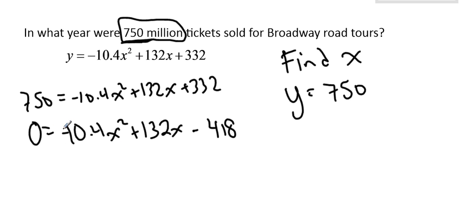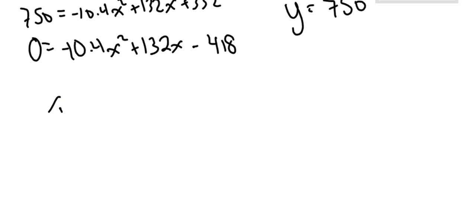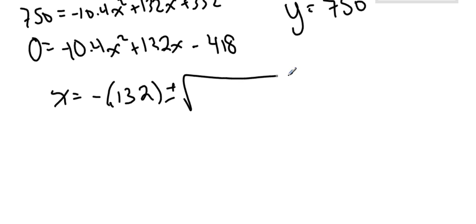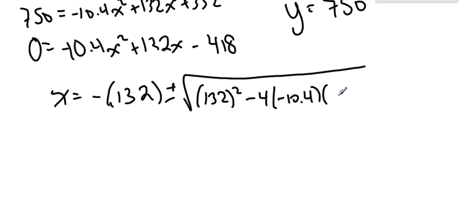So now I can go ahead and, well, I'm certainly not going to factor. Let's use the quadratic formula. Okay, tablet malfunction. Bear with me. So x equals negative b, plus or minus the square root of 132 squared minus 4 times a times c,